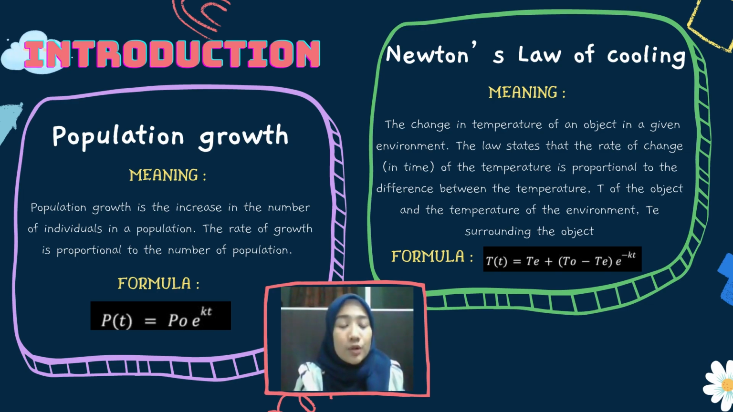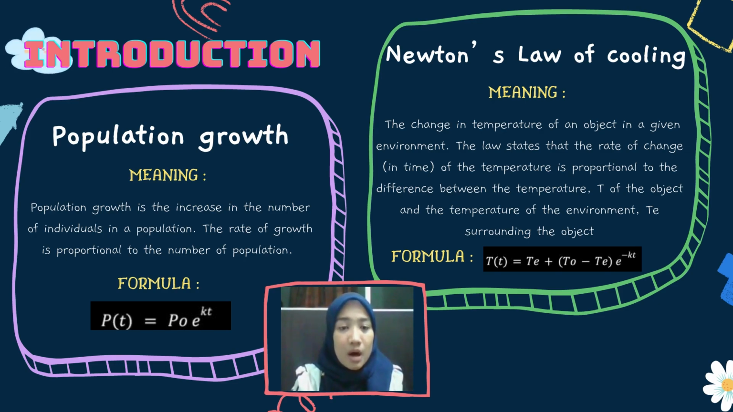So I will talk about the introduction for population growth and Newton's law of cooling. First of all, what is population growth? Population growth is the increase in the number of individuals in a population. The rate of growth is proportional to the number of the population. So the formula for population growth is P(t) is equal to P0 multiplied by e to the power of kt, where